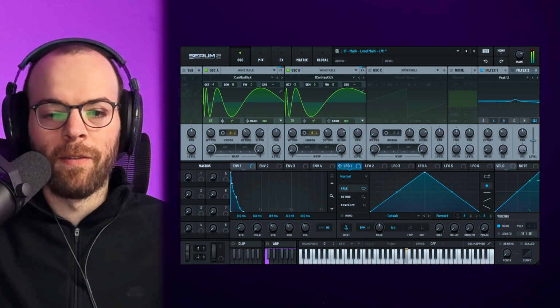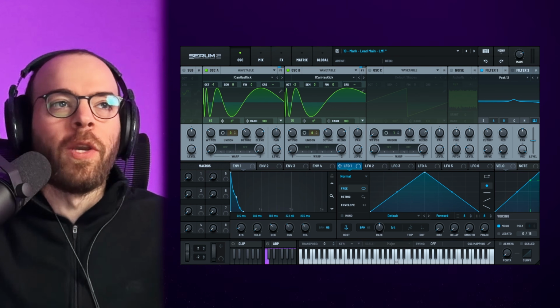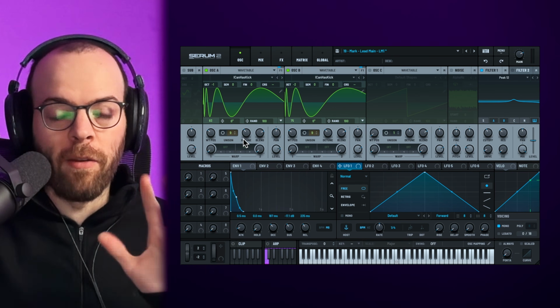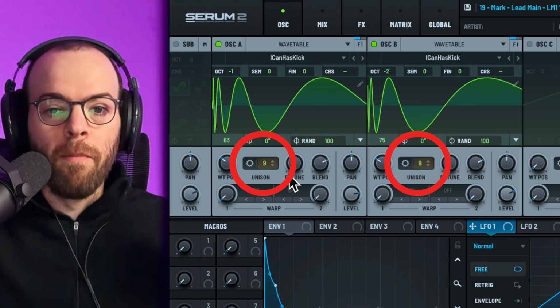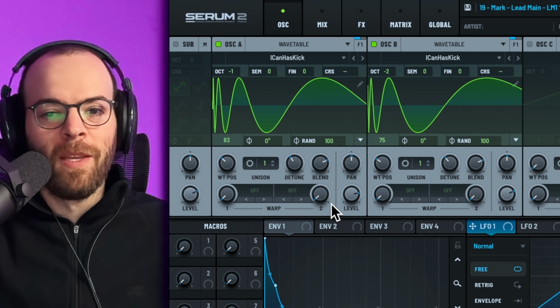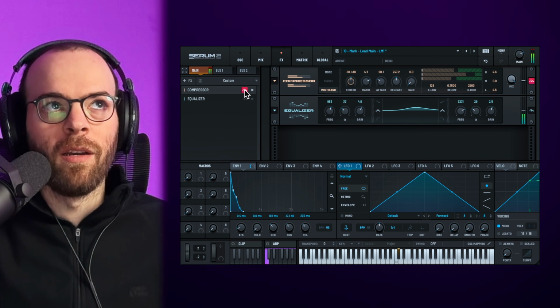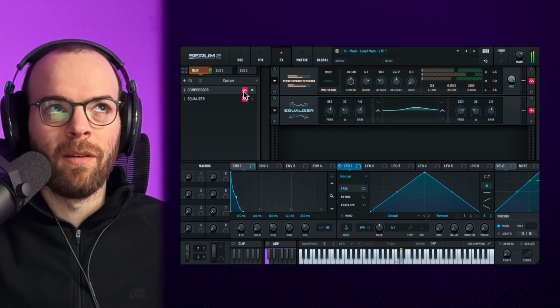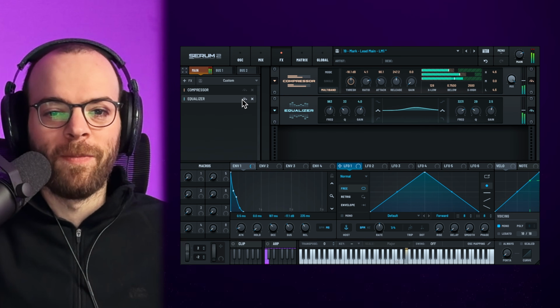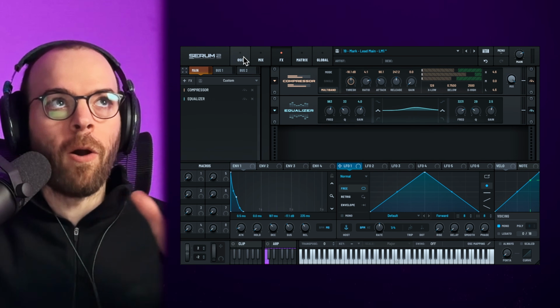Layer number 1 is our main layer, and it sounds like this. It's the core of our sound, and we have a lot of things going on over here. First, we have this in unison. So we have 9 voices of unison here, making it really big. And if we didn't have this, you can see how it's a different sound essentially. We have a bit of OTT here, and a bit of EQ, just boosting the sound, without them and with them. So you can see how a lot of this sound is made by the effects, but also by the